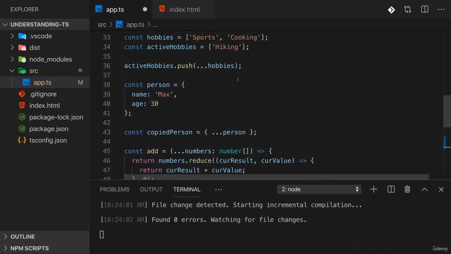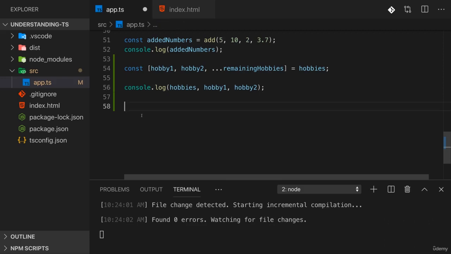We got the same for objects. We got our person here. Now let's say we want to store name and age in standalone constants or variables, just as with array destructuring. Object destructuring works with both const and let. Here I'll go with const, and now we can use curly braces on the left side of the equal sign,